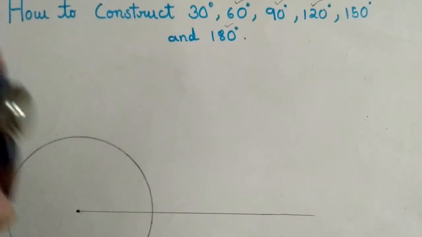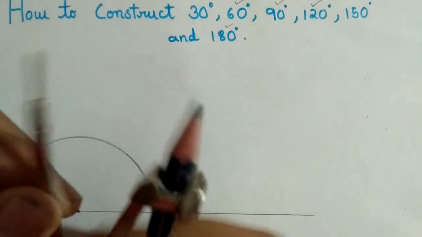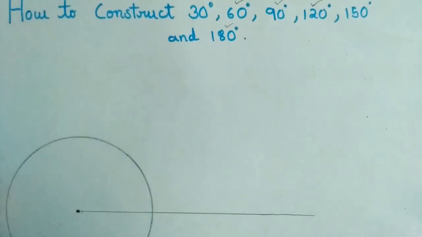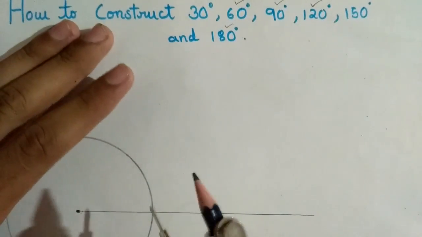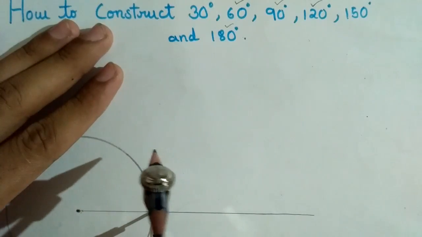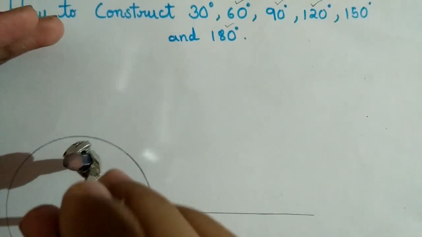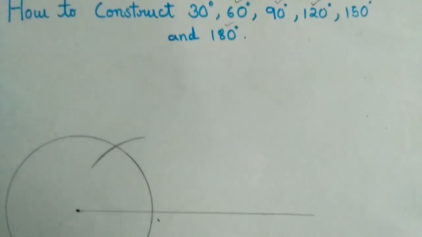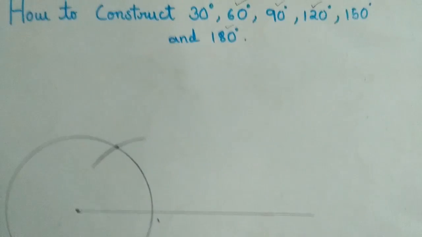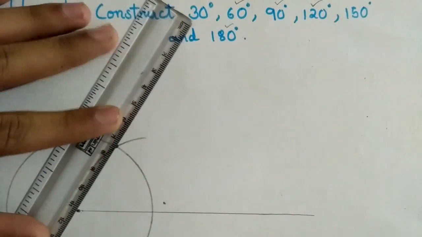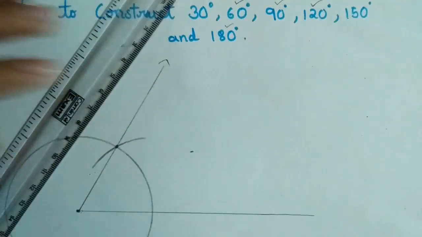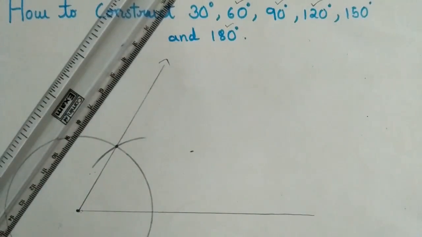To construct 60 degree, you should keep the compass like this. You should not move the compass, and you should not move the needle and pencil of the compass. Now what you have to do is keep the point here where the arc is intersecting the line, and draw another arc there. You can see friends, the intersection point we got, this is 60 degree. From this point you draw any line. This is the 60 degree. From any line you can make 60 degree.